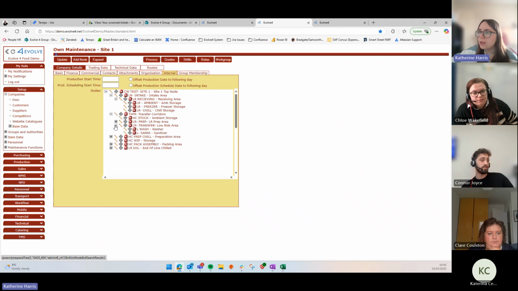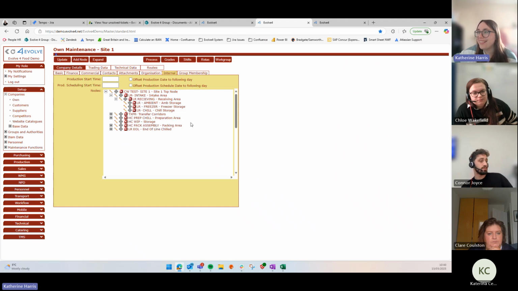Okay, let's just, yeah, transfer is a bad example. But no, we're going to use it. So we are going to move things from, let's make it easy, low risk receiving to our transfer corridors. So we want to move it from receiving to a transfer corridor. That's the only movement that's going to be enabled here. So we would have a look for